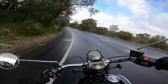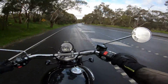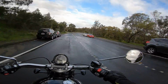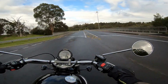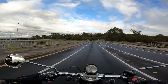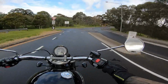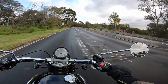The Bobber's got a single seat, so sorry, no pillion. If you're going to have pillions, get the Speedmaster. If you need to strap a lot of luggage down, get the Speedmaster. If you want to do 300-400 kilometre days and still have a working arse at the end of it, get the Speedmaster. If you want to look like the sickest you know what in town, get the Bobber. That's probably as best I can put it. I don't think that's what it says on the Triumph brochure, but